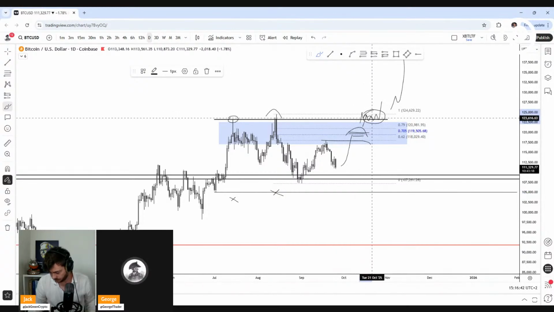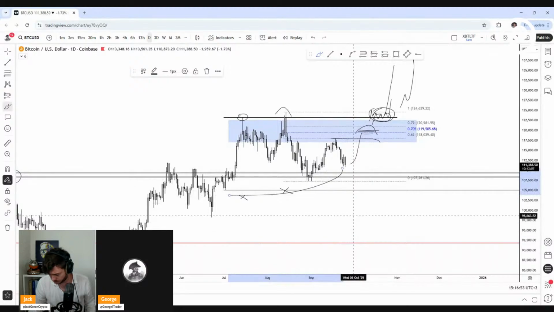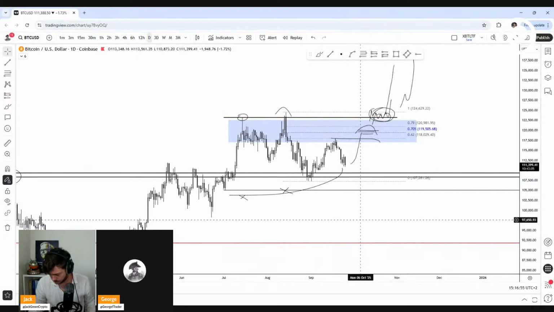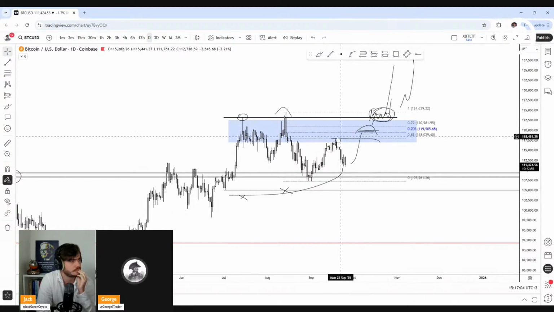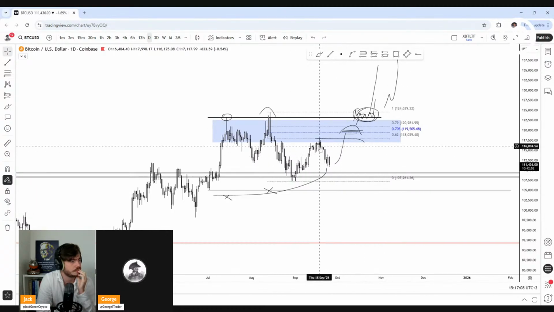If we break above here, yeah, then it's just going to squeeze. Then bears won't be able to do anything. But until then, I'd like to be careful and assume that we still need to grab that lower liquidity down here. All right. If that's clear for everyone, that's going to be my part. I am still in that short just because of the reason that I just said.